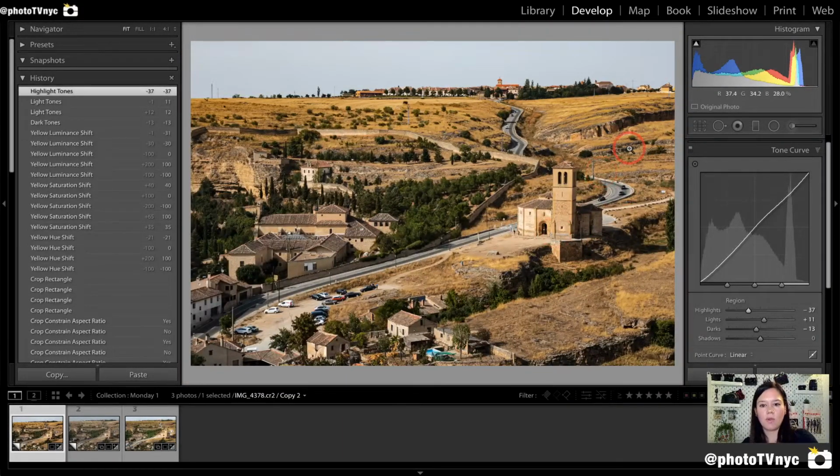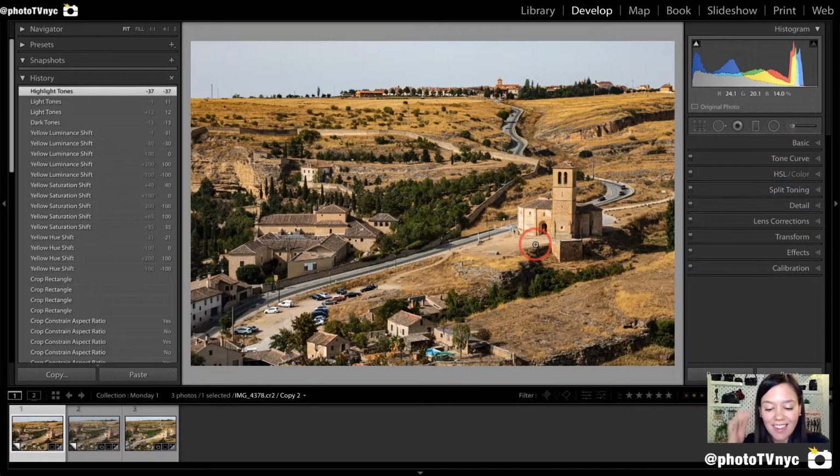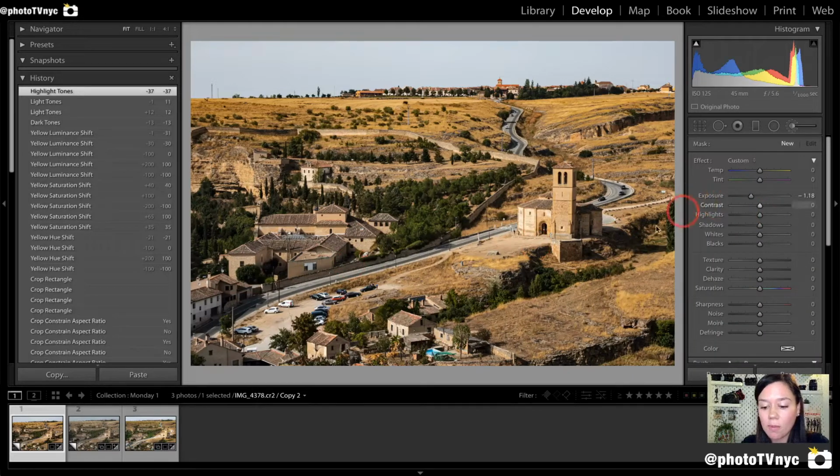So right now I am pretty satisfied with the general adjustments, and we're going to go to the selective adjustments and just paint inside by pressing the hotkey K. K as in king, and that's going to give you the paintbrush. You're going to double tap on the word effect just to reset all of the adjustments. And because I want to do a darkening, I'm going to go around -1.5 on the exposure, and then just start painting in